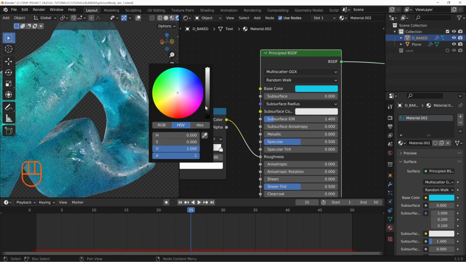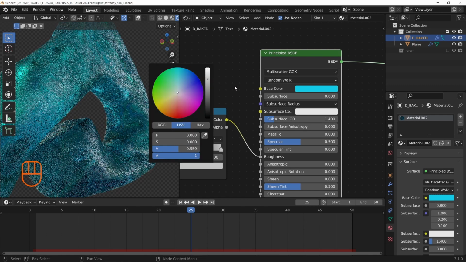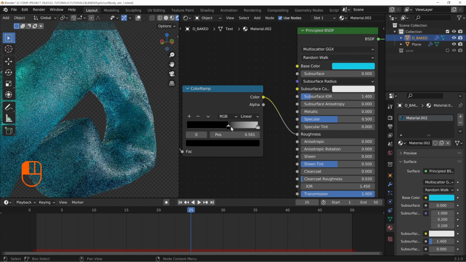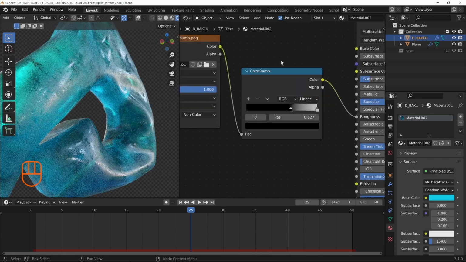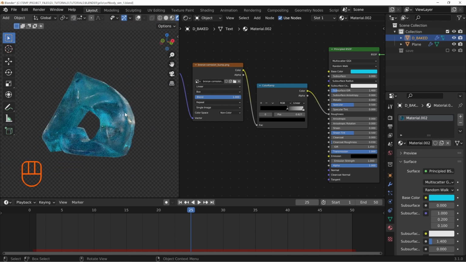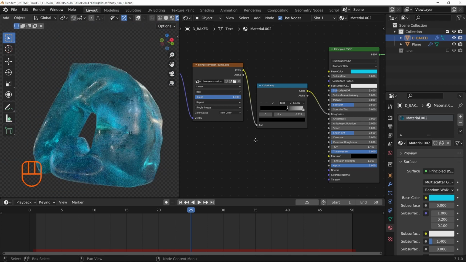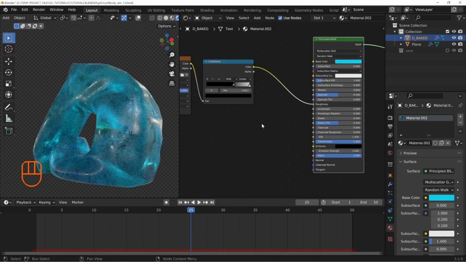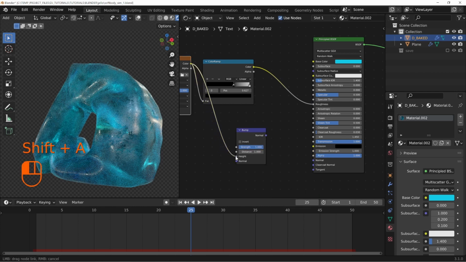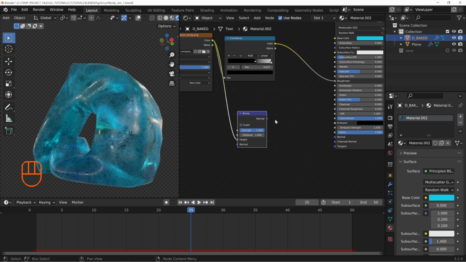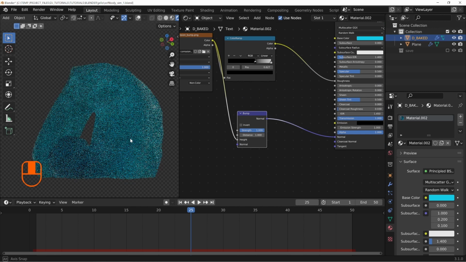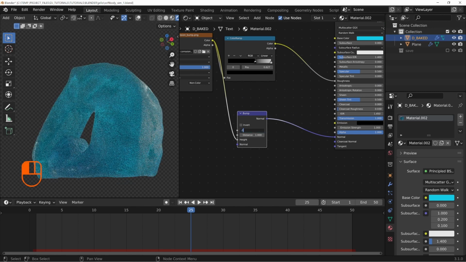And you can change this to something else if it feels too rough and adjust these settings. Now, gummy materials and things like that, they're not always perfectly smooth and they have a little bit of a bump to it. So let's also add a vector bump and take the image texture here, put it into the bump, and take that normal and put it right in there, and take the strength down to like a 0.05